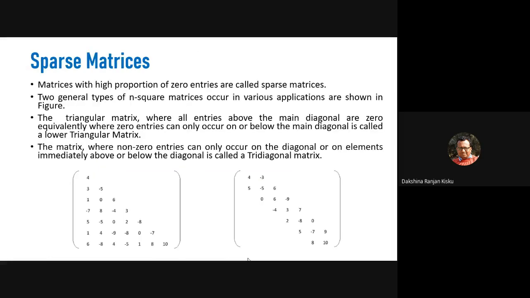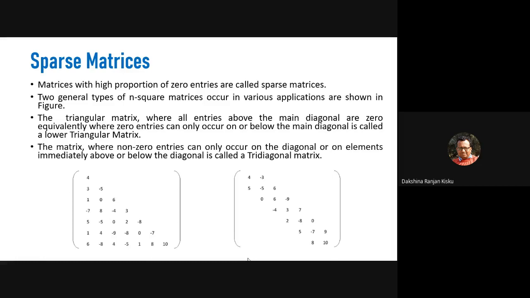Okay, so let's start the sparse matrices. In a conventional matrix, we have the number of rows and number of columns, and when we multiply the number of rows and number of columns, we get the total number of elements available in the conventional matrix. So a conventional matrix is essentially a two-dimensional matrix, and this multiplication gives the total number of elements present in it.